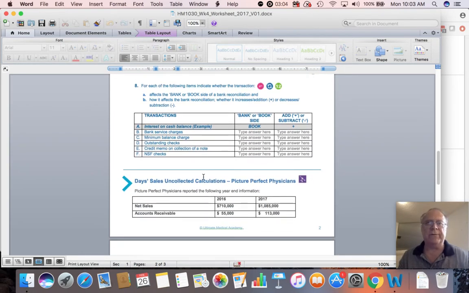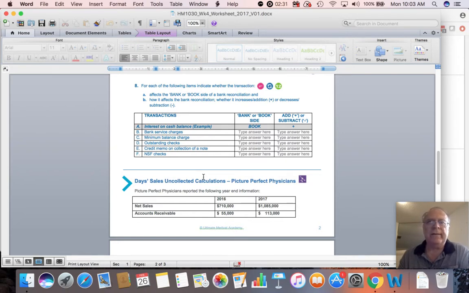Question 8 has to do with a bank reconciliation, and so the purpose of the bank reconciliation is to itemize the differences between the book balance and what the bank has on the statement. So here you're given a series of things that have been identified as differences, and so your job is to identify which has not recorded this transaction. For example,